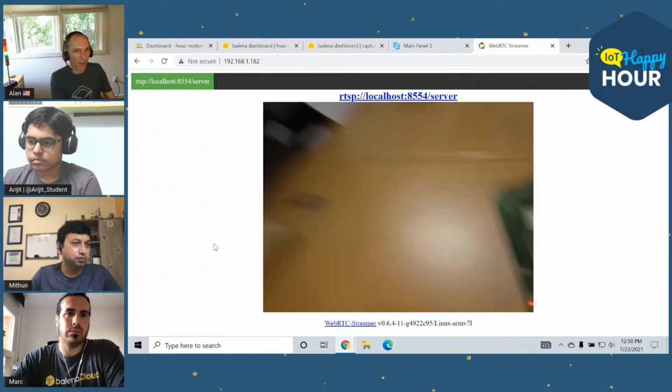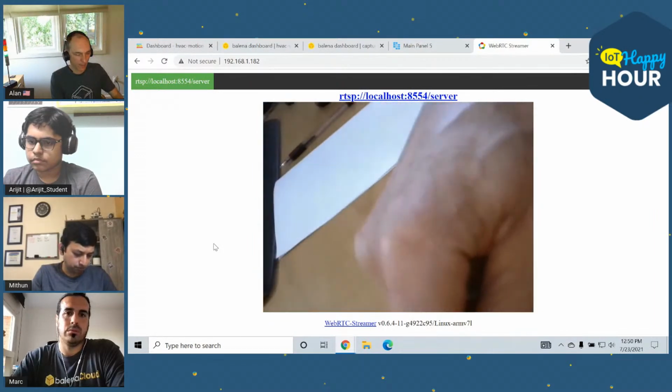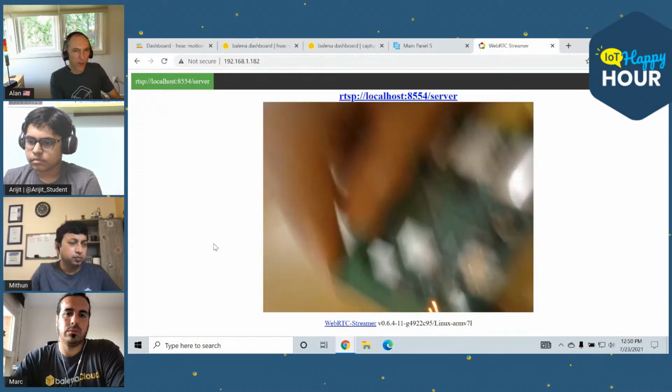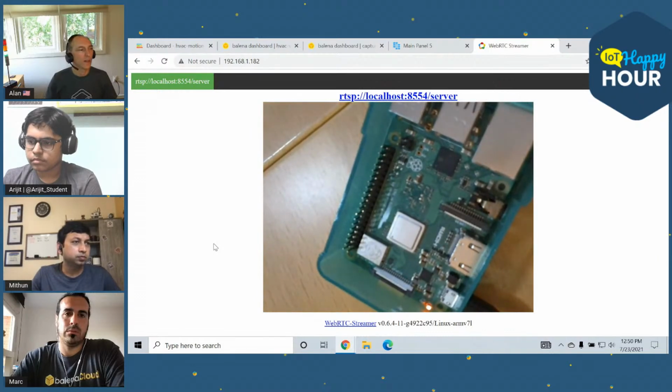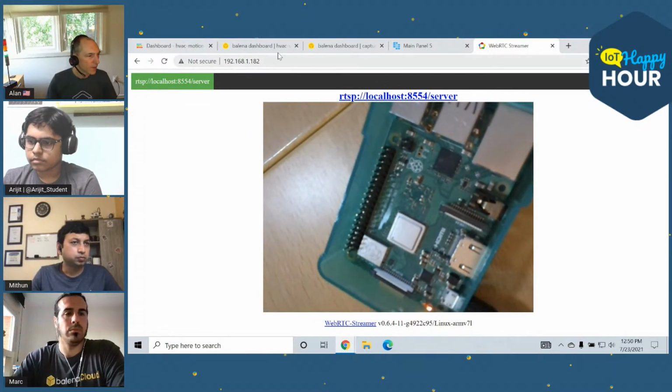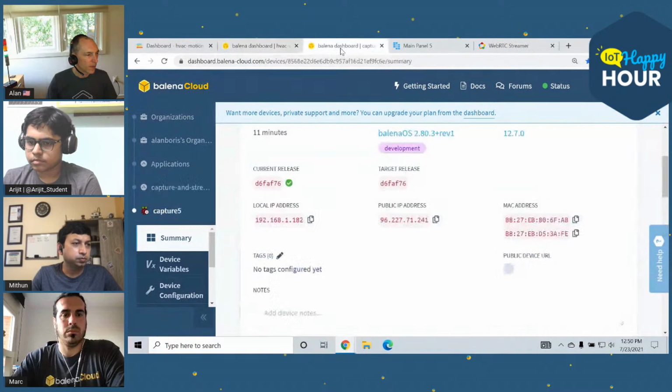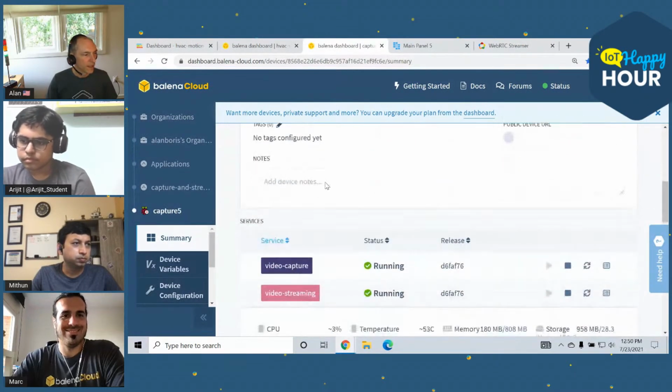But as far as the ML aspect of it, we also have a processing block that sits between the two blocks that we showed, the capture and streaming. This one right here.